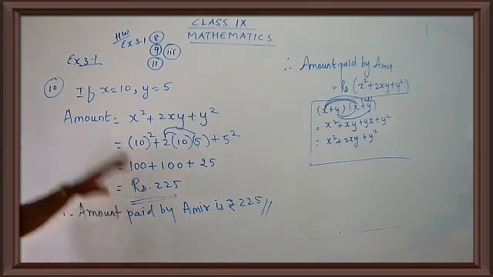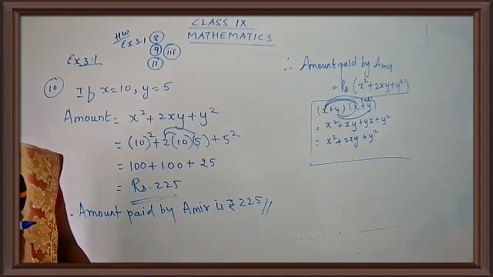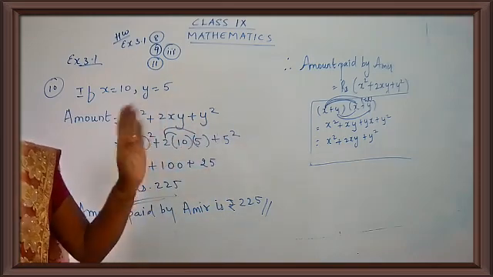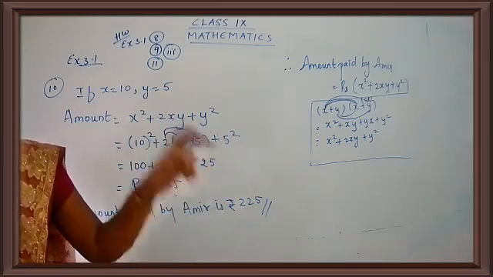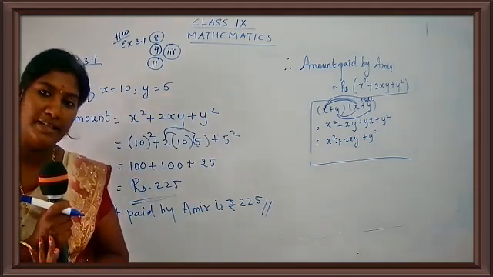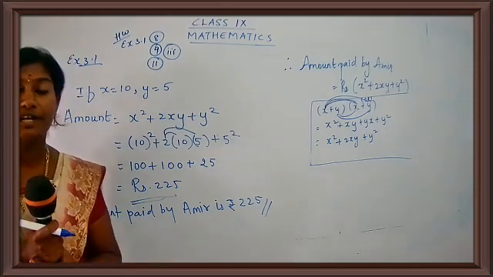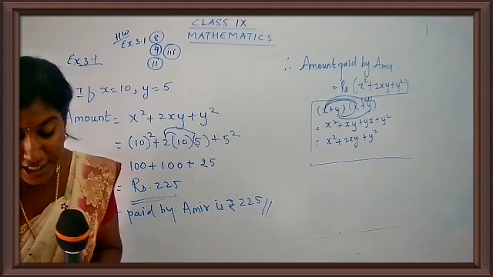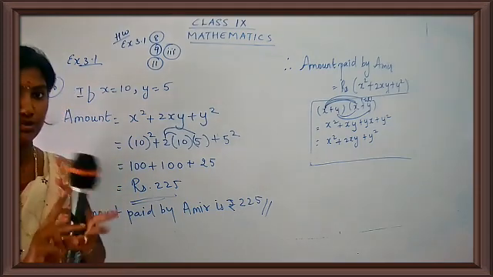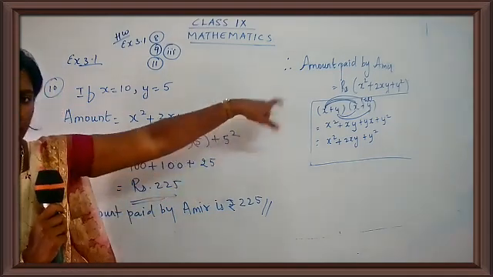So first thing is very simple. You are going to write as the way we have proceeded for our sum number 10. We'll write length of a rectangle 3x plus 2 units, breadth of a rectangle 3x minus 2 units. What is the formula for area of a rectangle? Length into breadth. Yes, many people remember and many people would have forgotten. Yes, children, just recollect the formula. What was the formula for area of a rectangle? It is length into breadth. So you have to multiply the two units. So you can use this method for finding the answer.